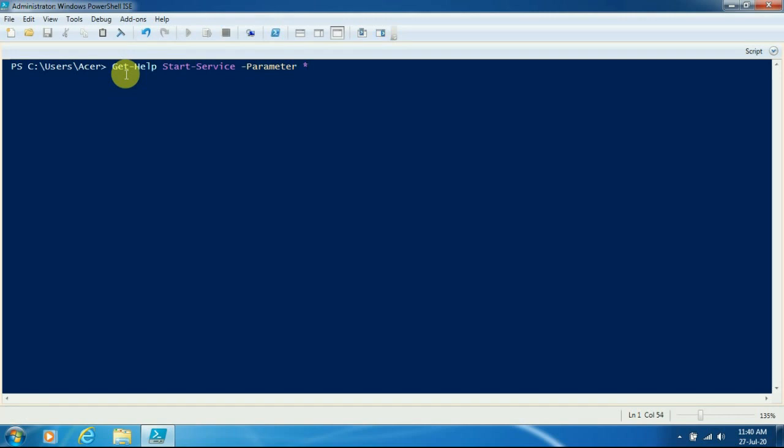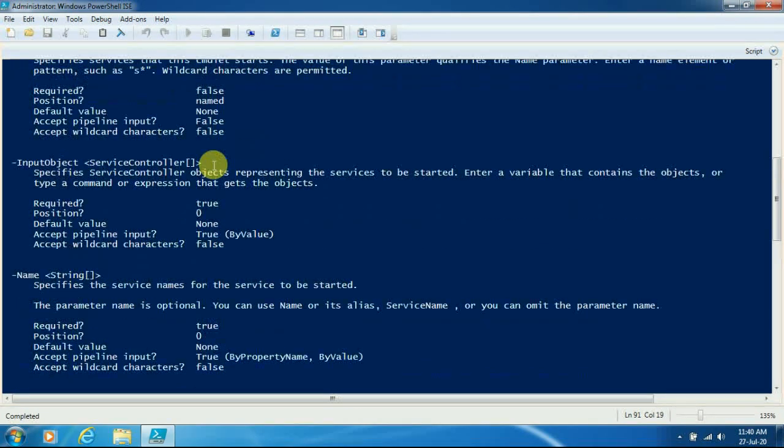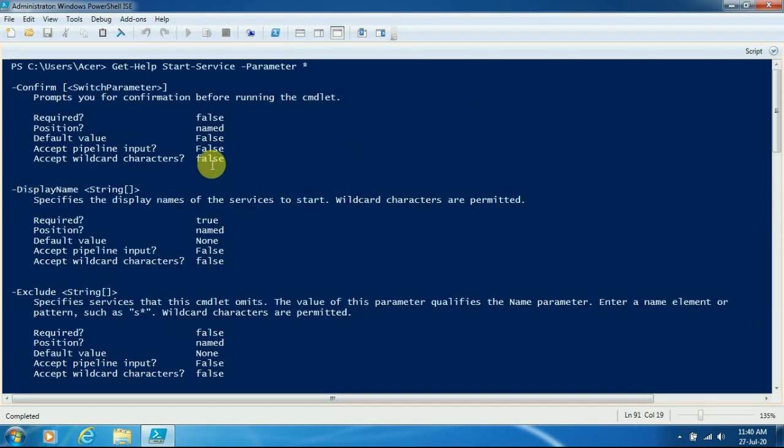I will pass the cmdlet name Start-Service, and one more parameter, -Parameter, with the value star. As soon as we execute this, we get a list of all the parameters of the Start-Service cmdlet, and you can see each parameter has some specifications. One specification is Accept pipeline input.